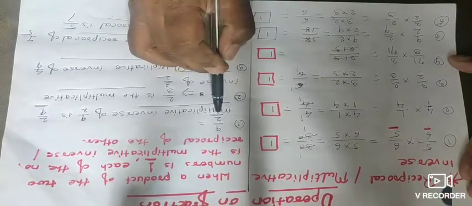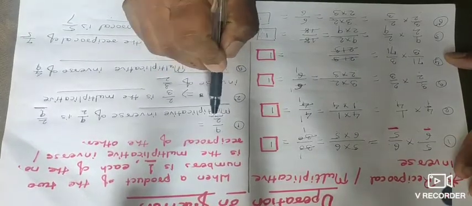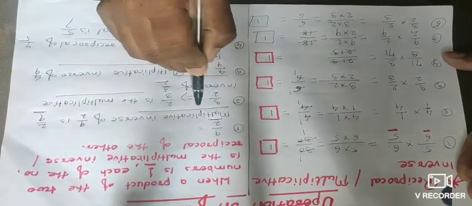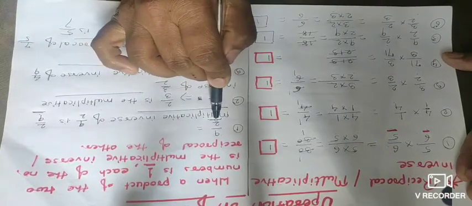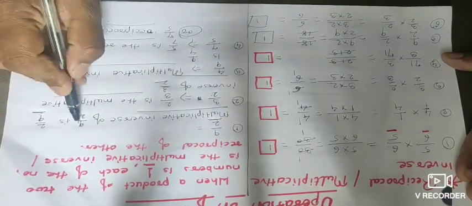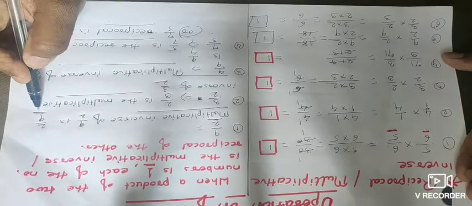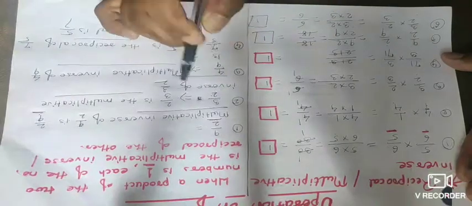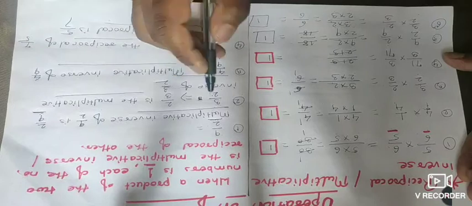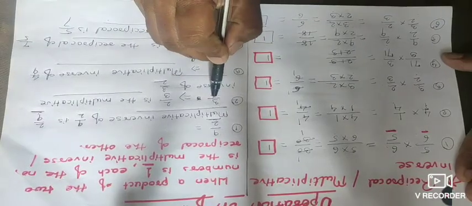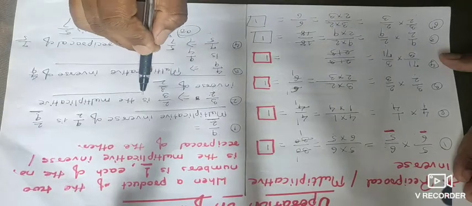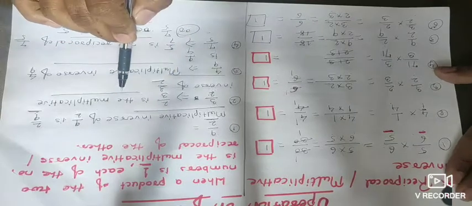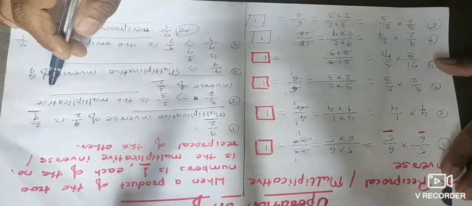So here are some examples I already written here. Here it is the fraction 9 upon 2. How to write the multiplicative inverse of 9 upon 2? Simply we have to write that the multiplicative inverse of 9 upon 2 is 2 upon 9. Okay, we will see one more example. Second example, 3 upon 2. As you know, the 3 upon 2's multiplicative inverse is 2 upon 3. So you have to write 2 upon 3 is the multiplicative inverse of 3 upon 2. You can use this method, otherwise this method of writing. Only the sentence formation is different in this.